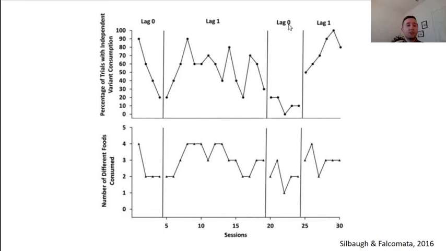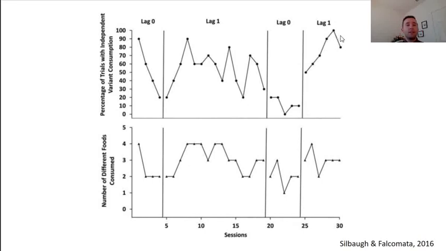The lag 0 is the condition where it didn't matter whether the food was different or not, or variant or not. I gave him the toys for every food he consumed. And you can see that there was this dramatic and sustained decrease in variability in food consumed relative to this condition. Then I reintroduced the lag 1 schedule in this final treatment condition, and you can see there was a